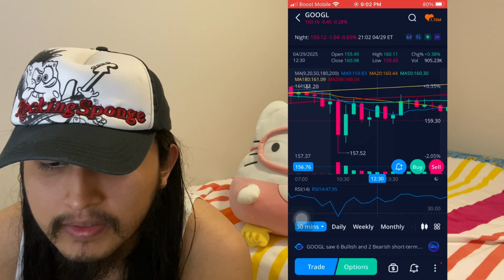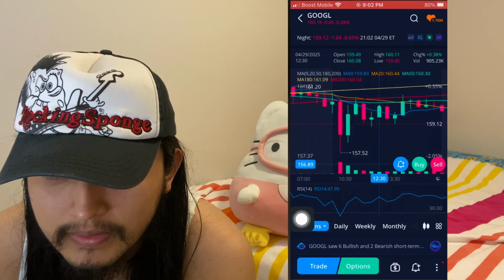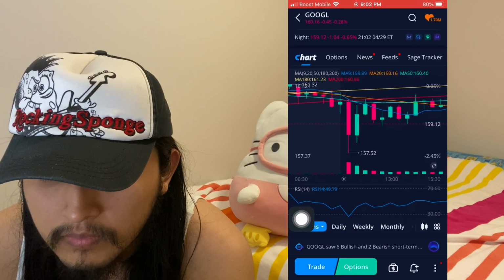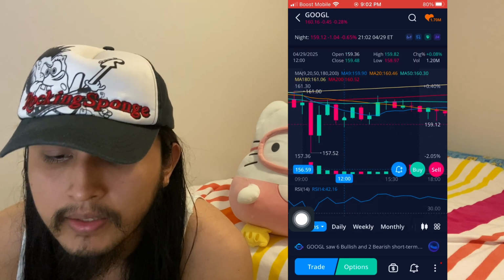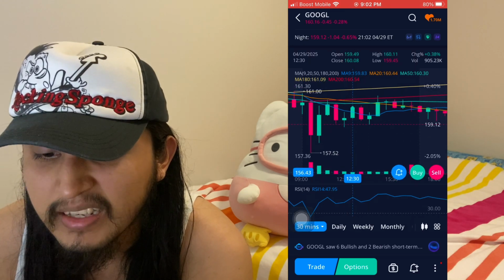Okay, so basically this candle right here at 12:26. I got into Google put options as soon as it approached the 9-day moving average,